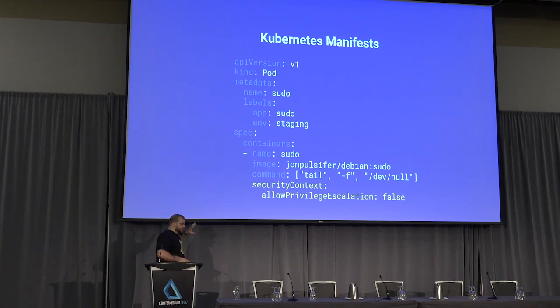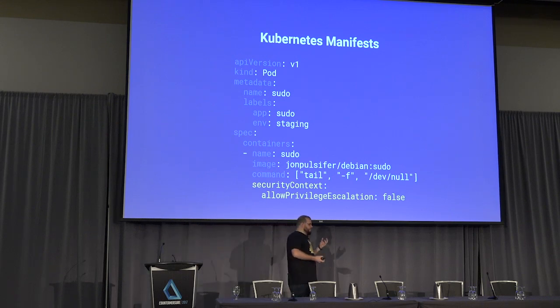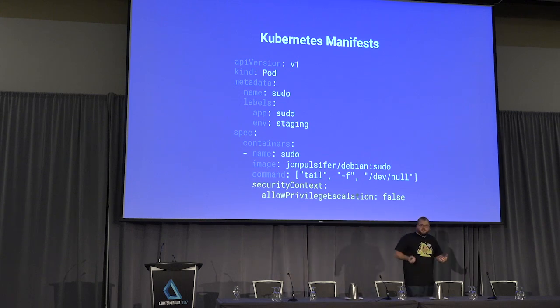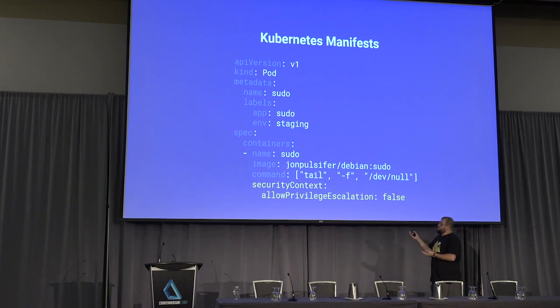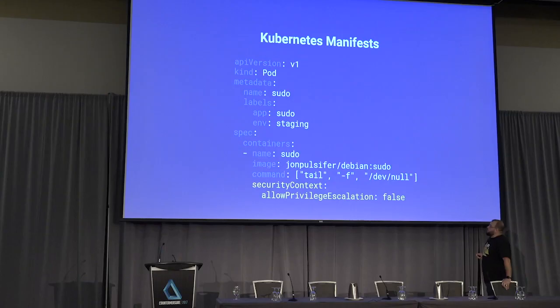So here's your first introduction to a Kubernetes manifest. We talked about Kubernetes, this minion versus node, how do workloads get scheduled on nodes. We talked about pods, what a pod is. This is how you define a pod in its most simple form. So this is why I call myself a YAML engineer. Working inside Kubernetes for the last year and a bit, I've seen a lot of these manifests, and most of my work is involved in maintaining or securing these manifests. So this is where we say, here's a pod, its name is sudo, its environment is staging, there's some labels that I mentioned before and why they're important.